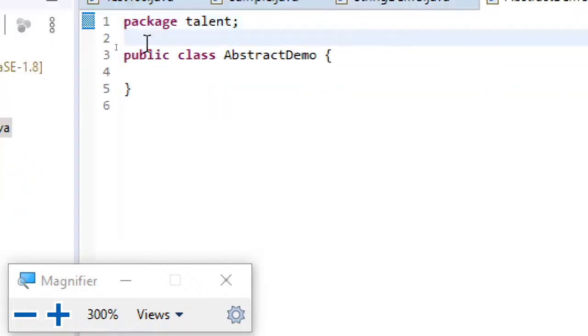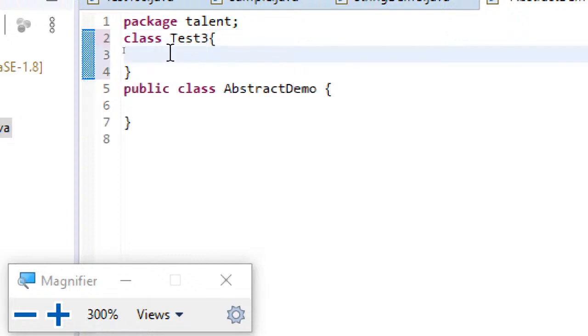Here I'll name the class Test3, and then I'll declare a variable int n equal to 10.